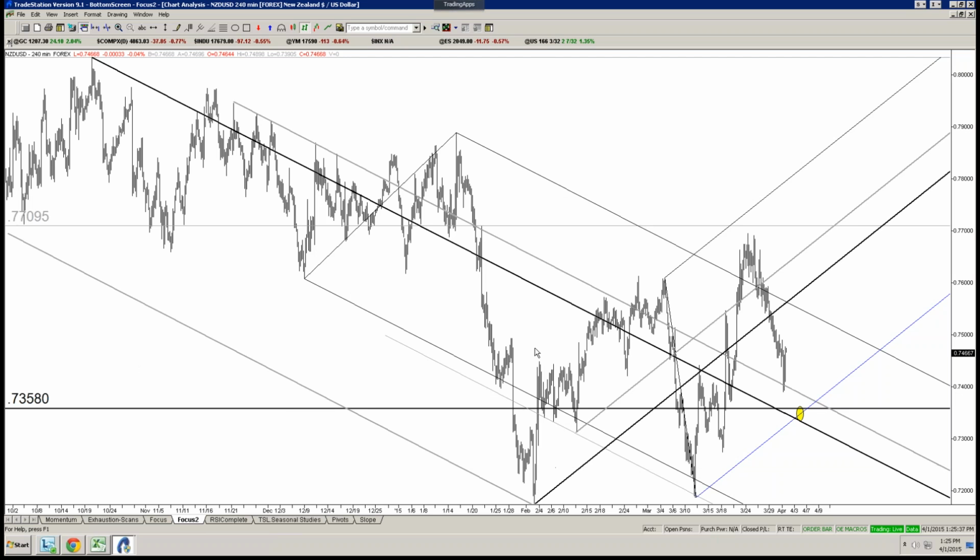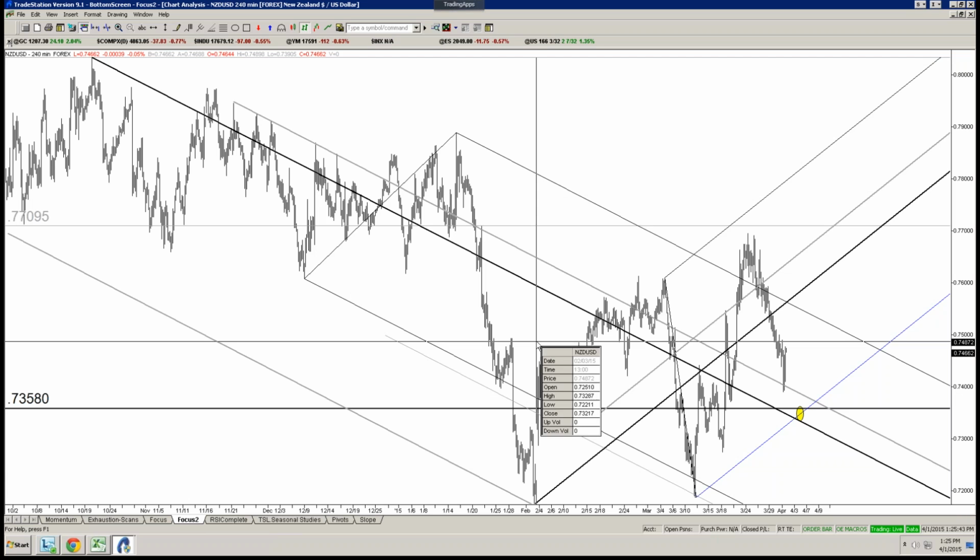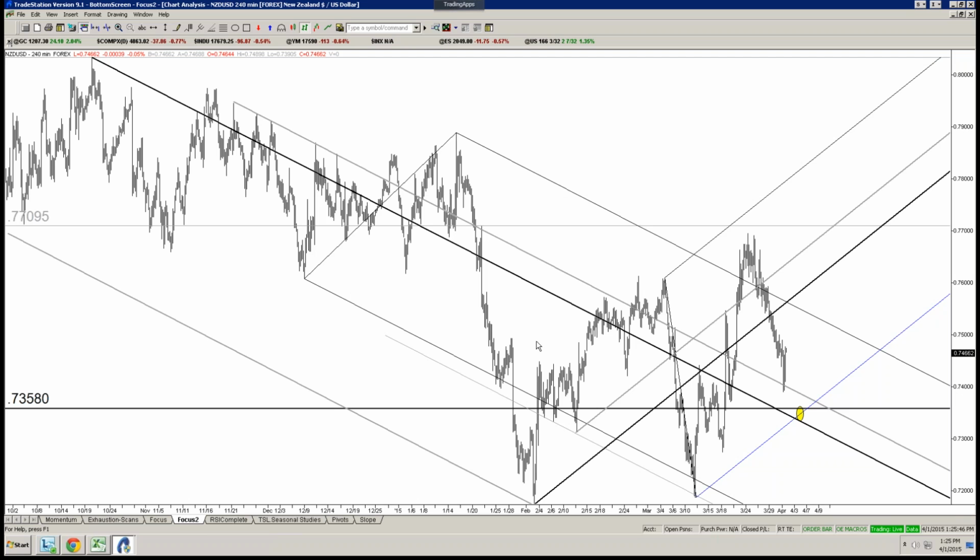That's the level down here, the reversal in early February. That was the close of that day. I think that might have been RBNZ, but not positive. In any case, you've got the confluence of horizontal as well as slope and several slopes in both directions. So, while the median line in this case is not all that great as far as support resistance, this is the line that actually provided support today.